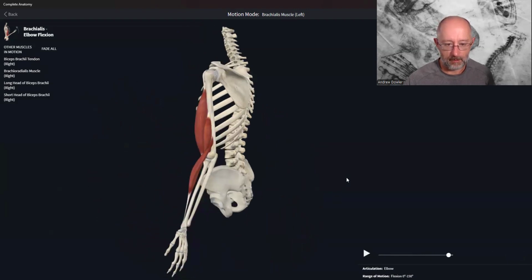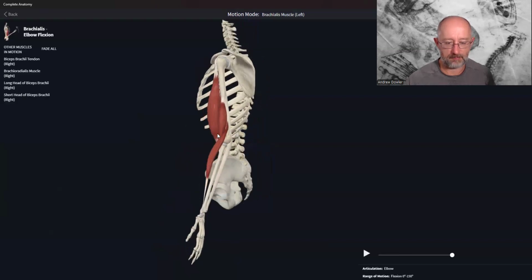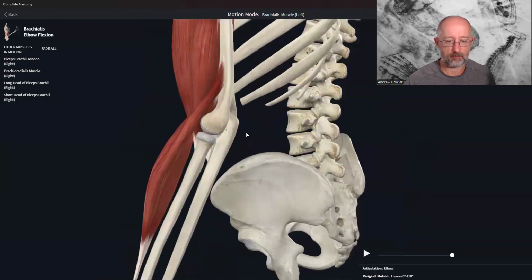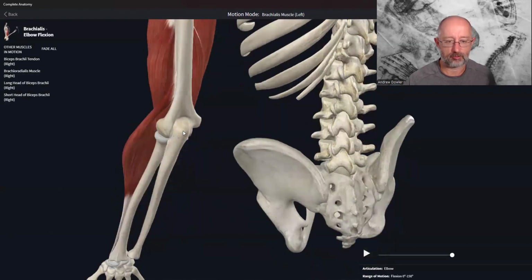So here we have elbow extension, although it's not full elbow extension. Ideally, we want to get to 90 degrees. So either this person's got super tight biceps and restriction, the muscle is so tight it's restricting the ability of the ulna and radius to come back into full extension. So that's one possibility, just really tight muscles on the front, weak muscles on the back, weak triceps, and or just the anatomical structure of the elbow itself, this shape here, that when the elbow goes into the olecranon fossa here, this kind of hole in the back of the humerus, it's just structurally